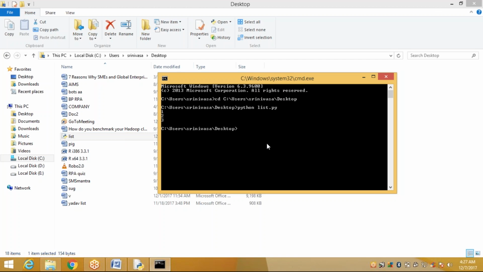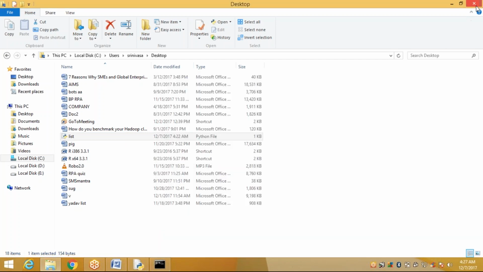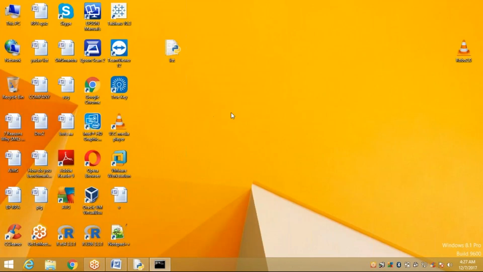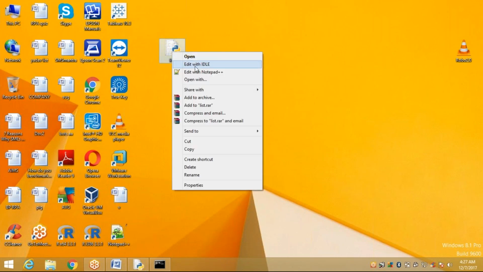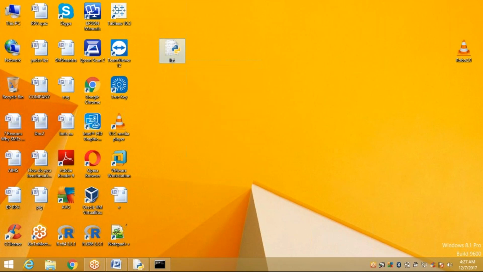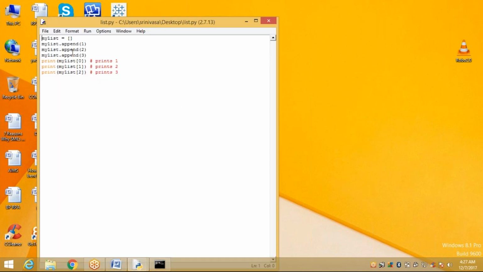Okay. If not, see here, minimize it. I can go to the program. Now I want to execute this in IDLE. How to execute it? See here, right click on it, edit with IDLE. See, this is our program.